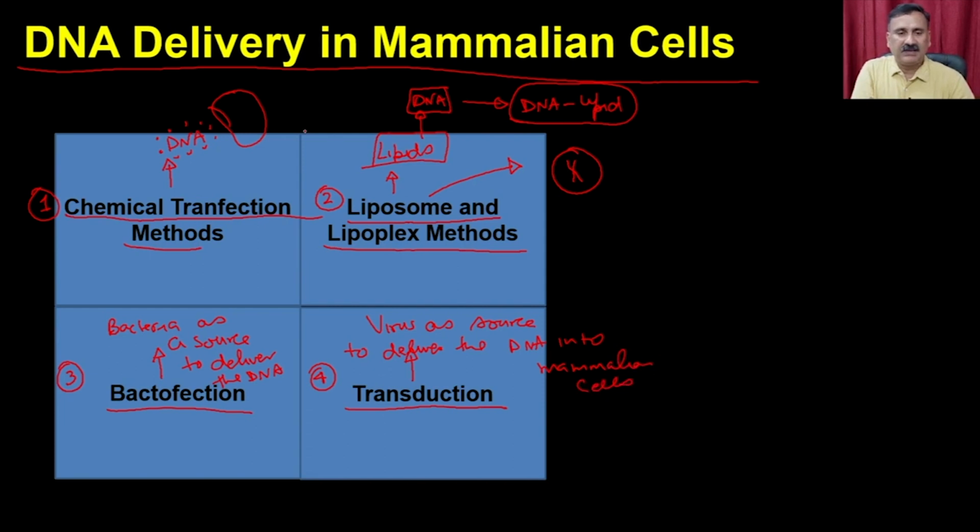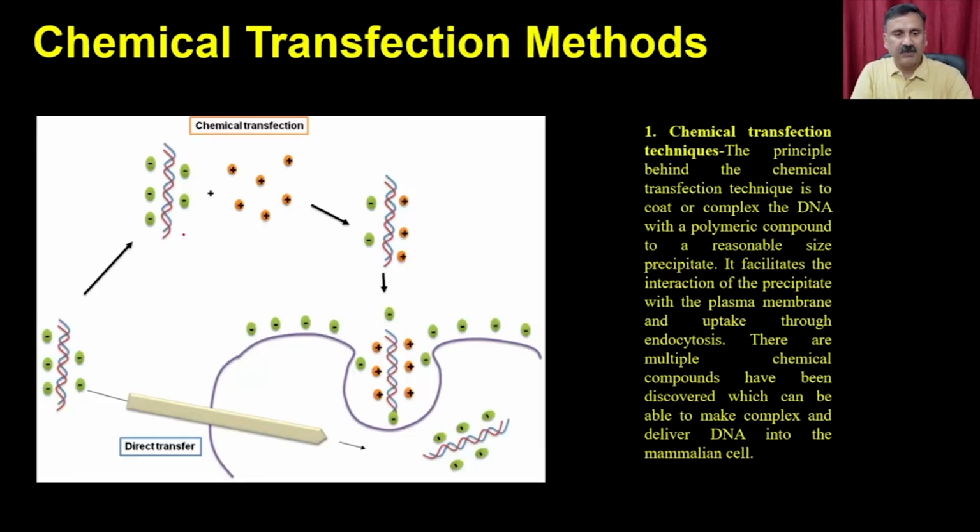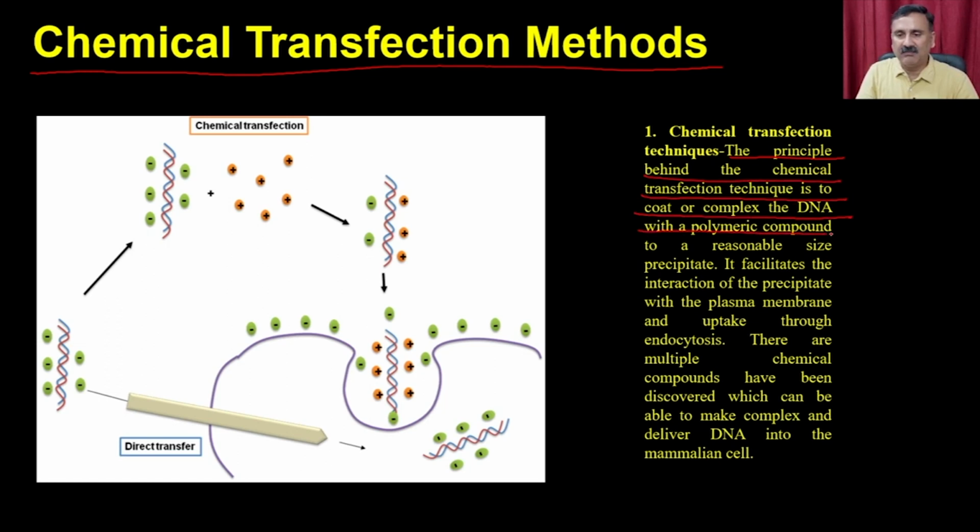Okay. So let's start discussing with the first method, and that is called the chemical transfection method. The principle behind the chemical transfection technique is that you coat or complex the DNA with a polymeric compound to a reasonable size precipitate. It facilitates the interaction of the precipitate with the plasma membrane and uptake through endocytosis. Multiple chemical compounds have been discovered which can make the complex and deliver the DNA